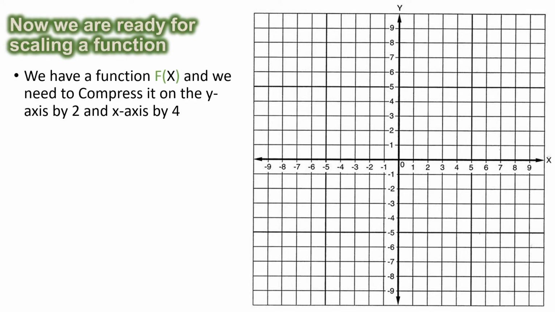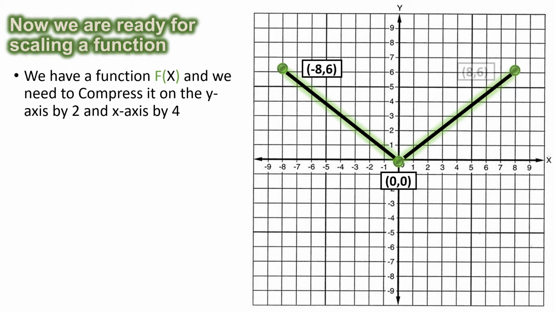Now we have function f of x and we need to compress it on the y-axis by 2 and the x-axis by 4. This is the last function. We have the points -8 and 6, 8 and 6, and 0 and 0. We want to compress it in the x-axis, so we multiply by 1 over 4, and we want to compress it in the y-axis by 2, so you will